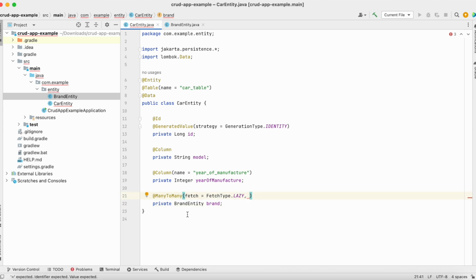But anyway, if your entity is quite small like mine, you can use annotation type eager. The difference between lazy and eager is that if you use fetch type lazy, when you select car from database, car entity, it doesn't fetch the brands from the brand entity table. But of course, again, if you need this brand entity, Hibernate will fetch you the brand